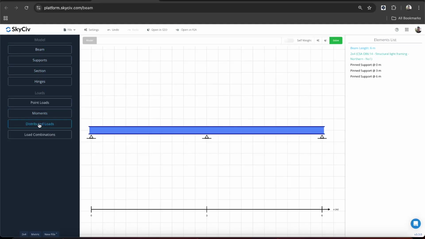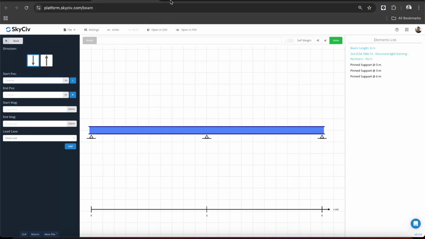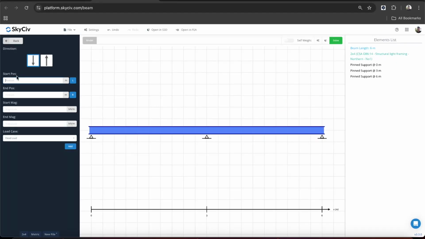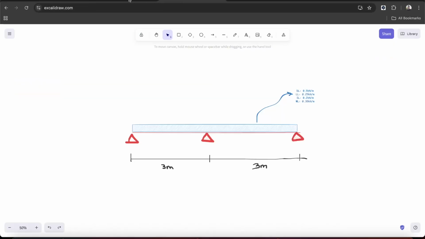And we can pretty much start adding the distributed loads that we mentioned earlier. So we'll go back to our drawing. We've got a dead load of 0.5 kilonewtons. So just going to tab through here, 0.5. So the dead load could be your roof or your sheeting, any loads that are pretty permanent on the structure. And we'll also add some live loads. So they were 0.25,